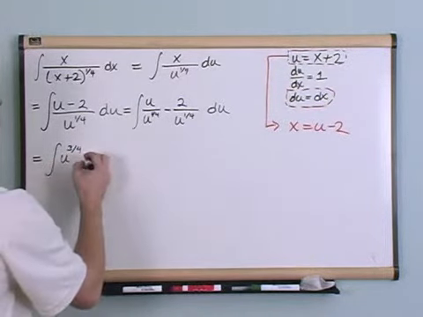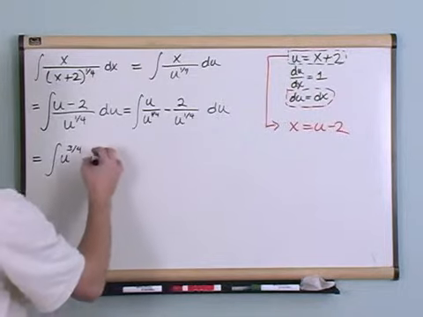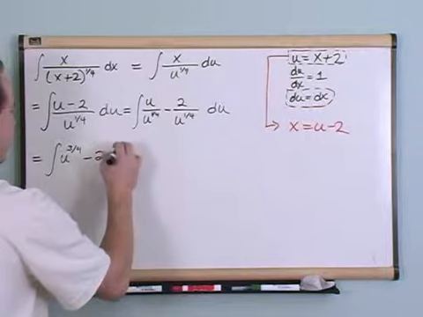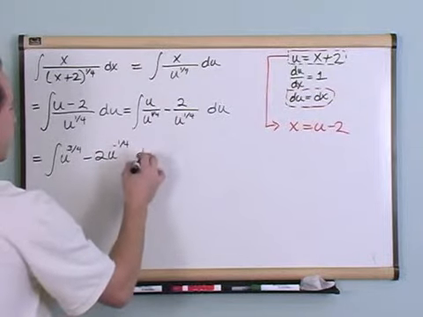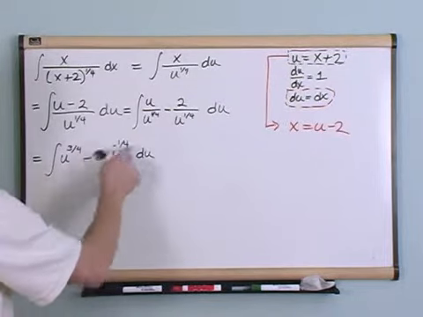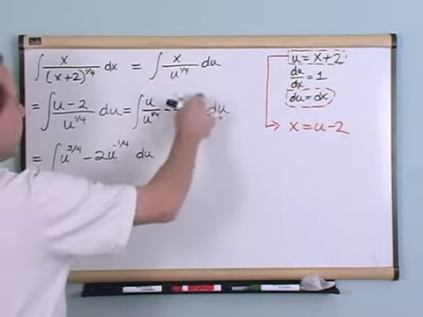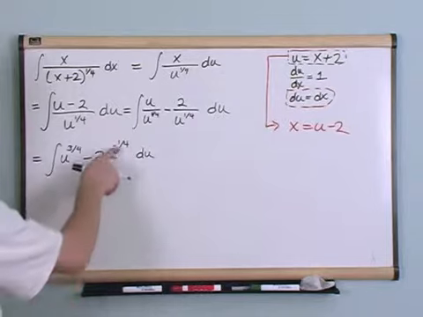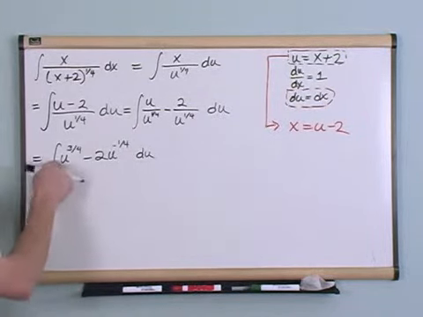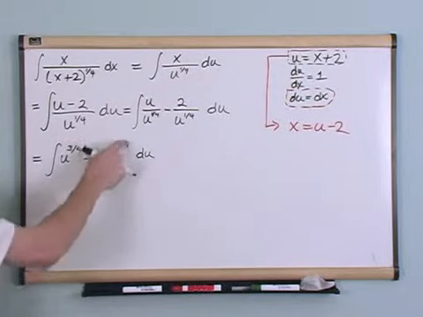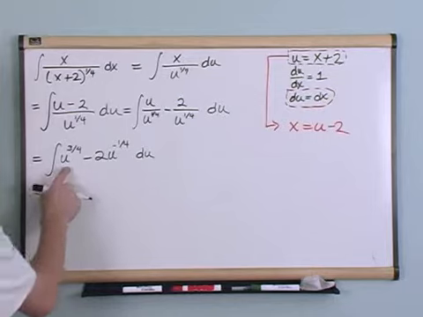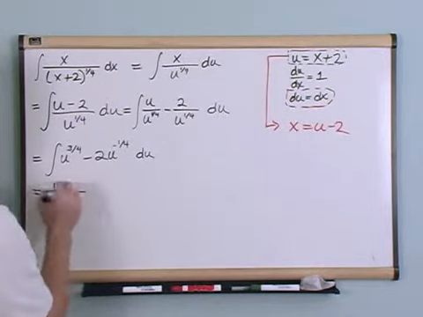Okay? And then what you'll have here is minus 2 that comes from here, and I'm going to write this as u to the negative 1/4. And all I did here was I had the negative sign carried from here, the 2 comes from the top, and I'm just moving this up to the top, to the negative 1/4 power, like this. Now look at what I have here. I have a polynomial. Something raised to a power, something raised to a power, and I know how to integrate that. Okay? For the first term, it's going to be 1 over